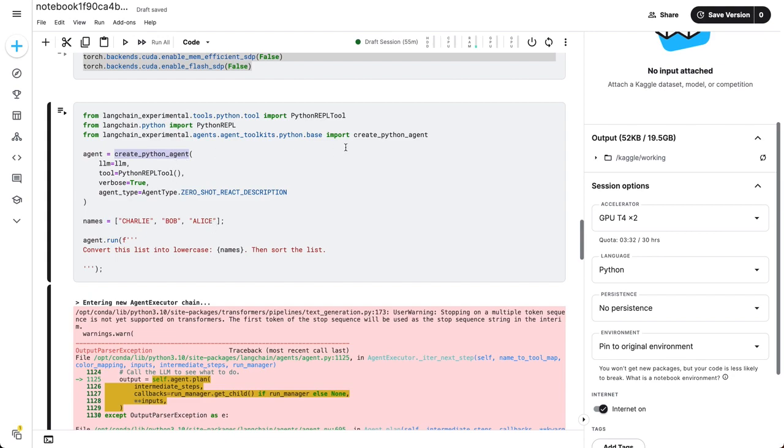So create Python agent is from the experimental feature of Langchain. And here I am only passing this tool, and we have the LLM instance. So this tool is basically for the agent to create like a terminal kind of a background, this Python REPL tool. Now I have passed verbose true, which, after I run this command, will print a detailed step by step of how it has executed the